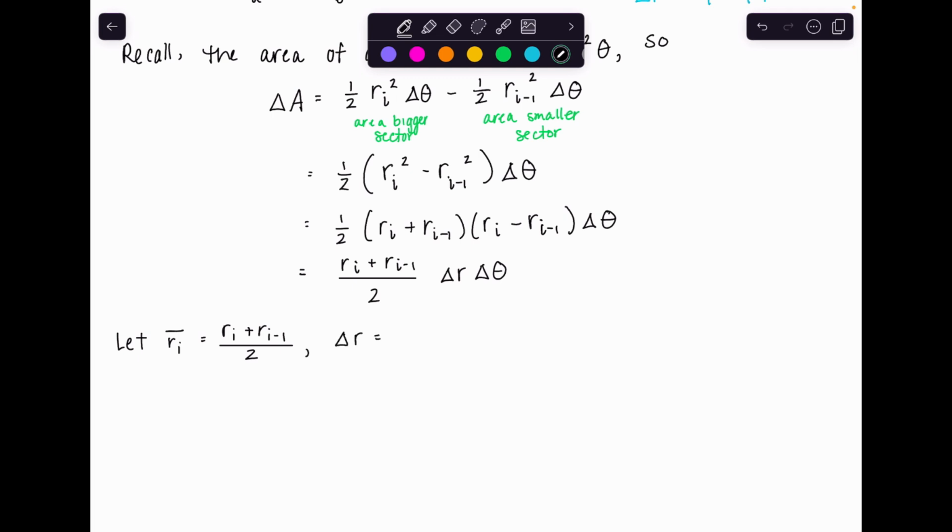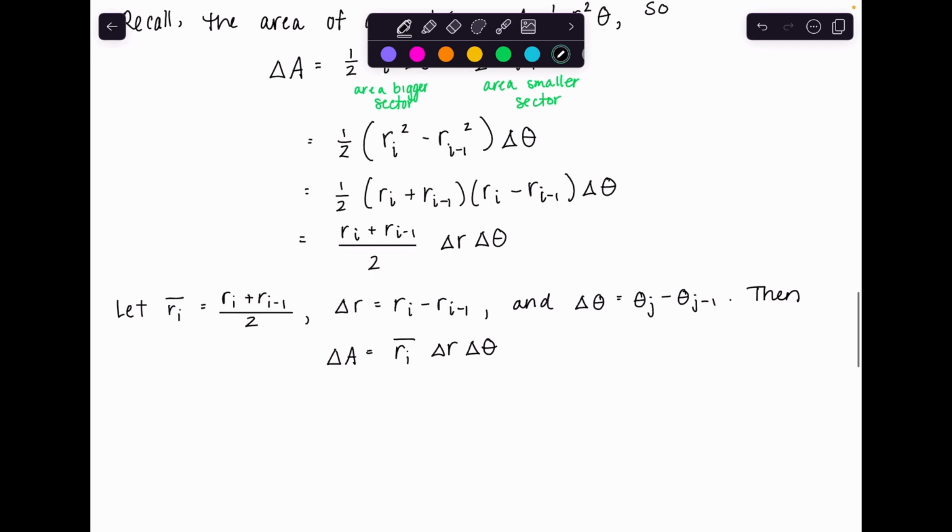Delta R is the difference in the radii on the grid. And delta theta is the difference in the two angles on the grid. Then that means our change in the area on the grid is given by the average of the two radii, delta R, delta theta. Okay? So ultimately, since x can be replaced by r cosine of theta and y can be replaced by r sine theta, we have